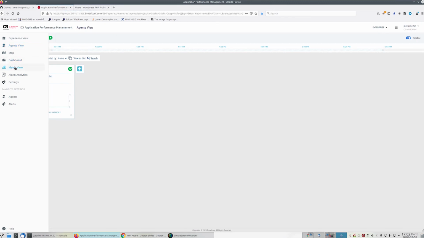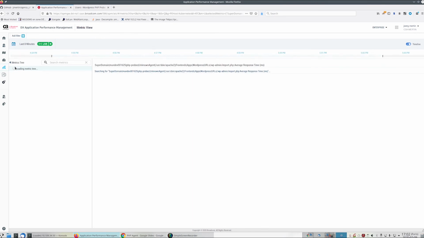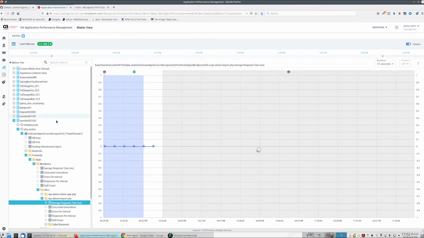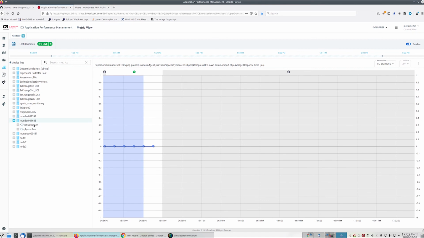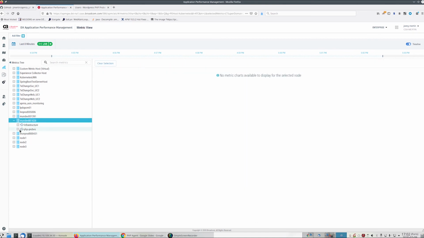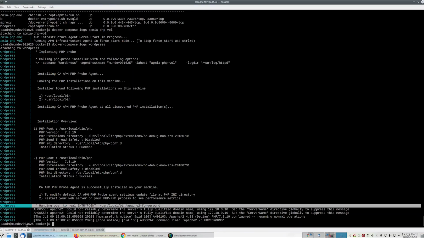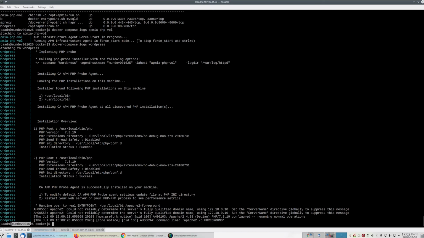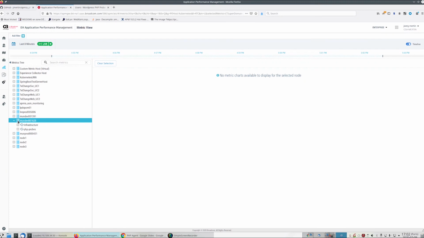Let's jump into the metrics view and have a look at our system. We'll first look for the host name we are running all these two agents and probe on. Then we see the infrastructure agent with the MySQL extension,